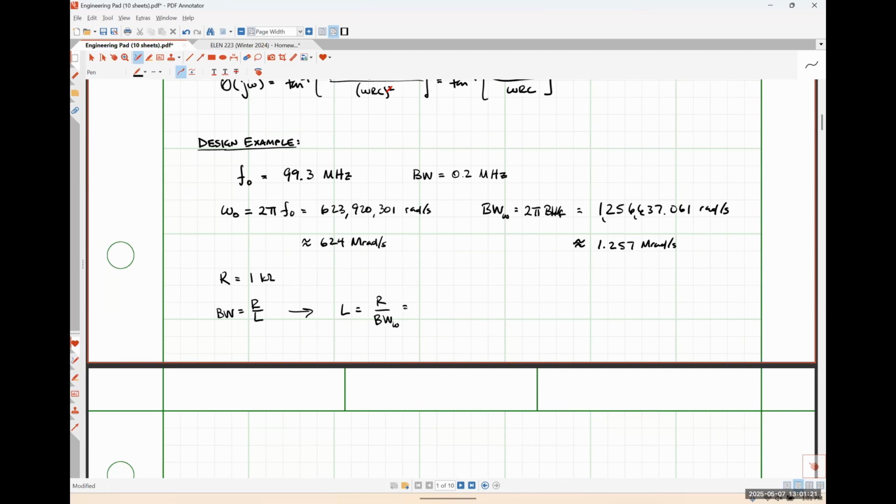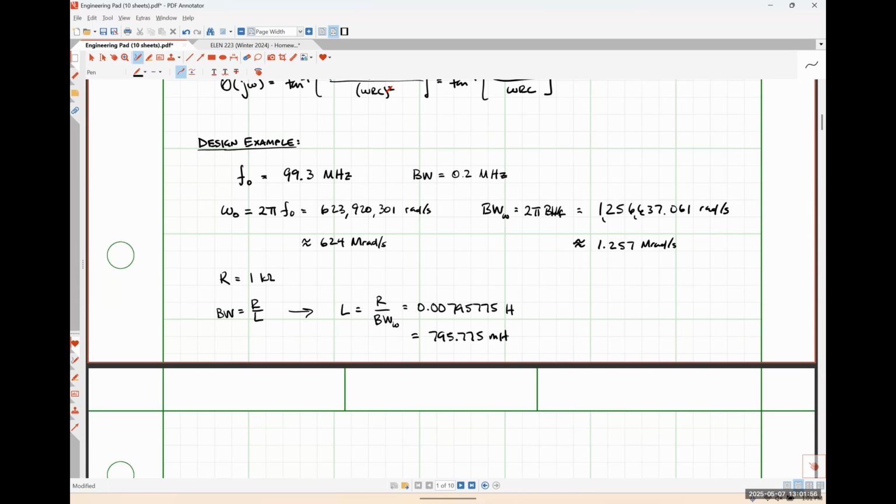So that is going to be 1,000 divided by what I have there, which gives me 0.000795775 henries,